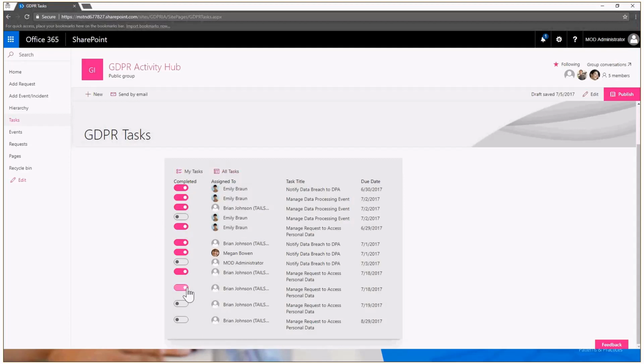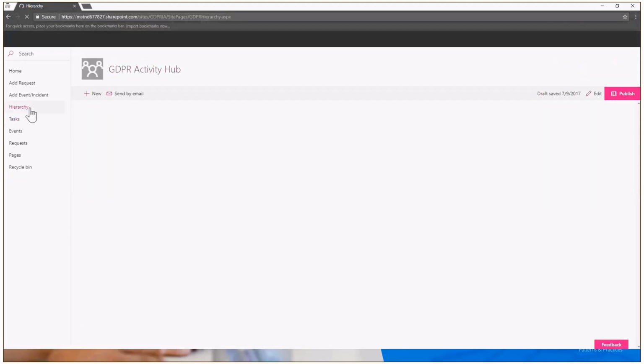So again, using the SharePoint Framework and the REST APIs of SharePoint in the backend, we will manage the completion of a task in a task list related to a workflow, but using this supposed-to-be nice UI based on Office UI Fabric. And last but not least, we have a hierarchy, which is the hierarchy of your company